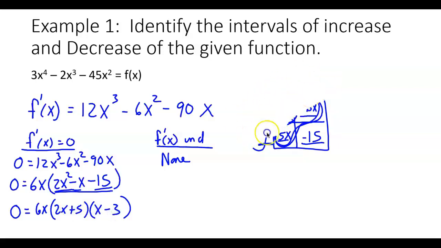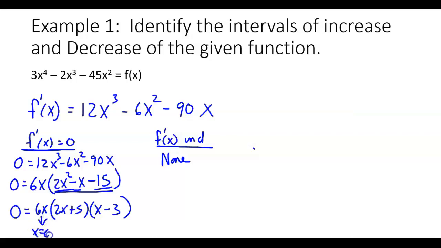All right. So setting these three factors equal to 0, if I set this one equal to 0 and solve, I would end up with 0. If I set this one equal to 0 and solve, I would end up with negative 5 halves. And if I set this one equal to 0 and solve, I'm going to end up with 3. So we end up with 3 critical values that we're going to need in order to find the intervals of